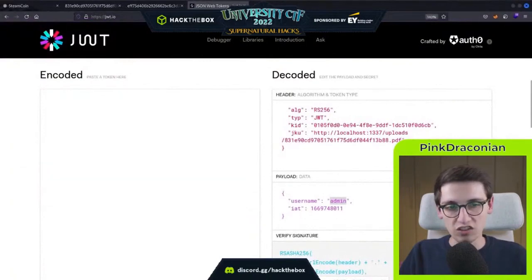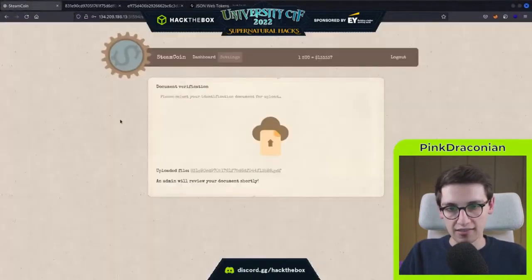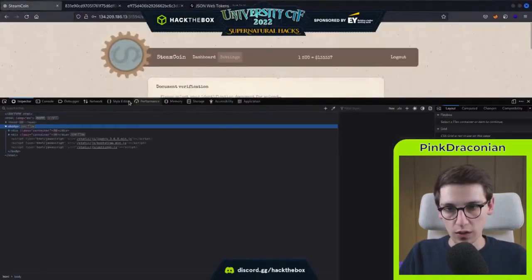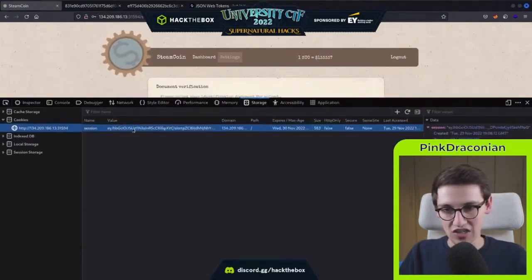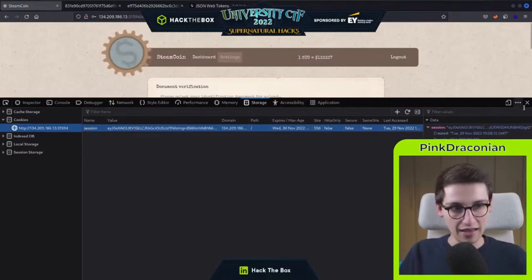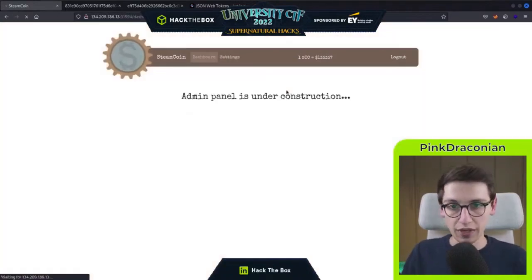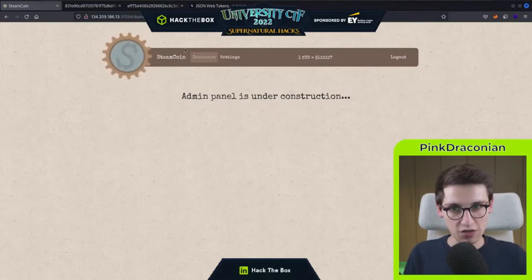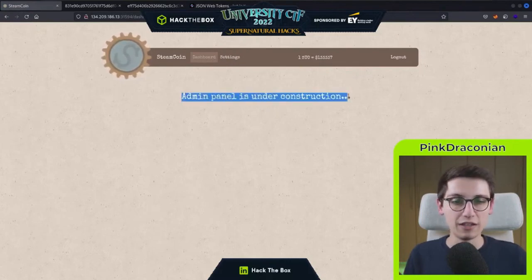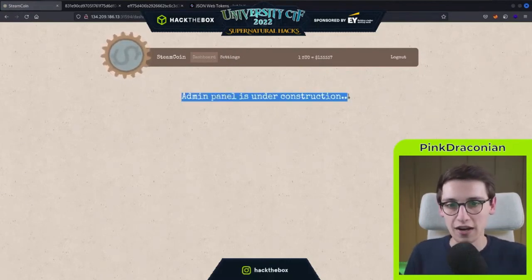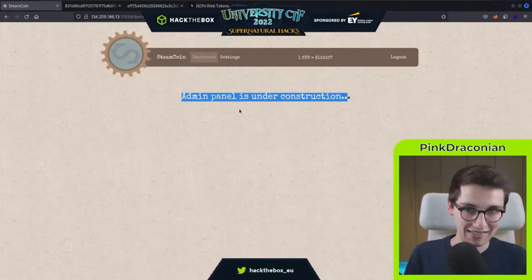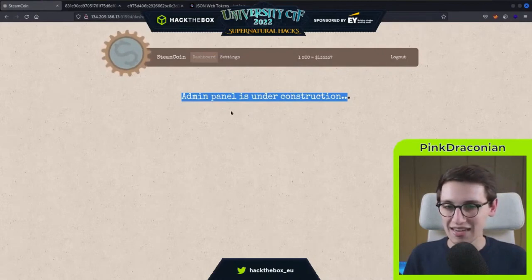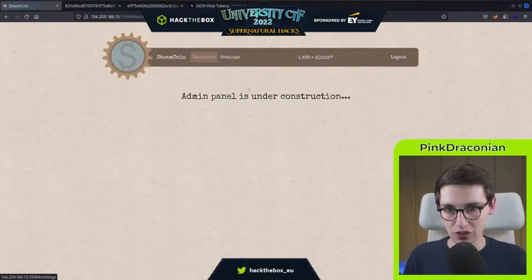So let's go into our browser here and sign in to an application the way that it was intended, by going into inspect elements and changing the session token directly. And now, if I reload here, we can see that our dashboard has changed. It now says admin panel is under construction, and that is because we are now actually the admin, which is just amazing. One slight issue, and that is that our settings page is also still under construction, and we still